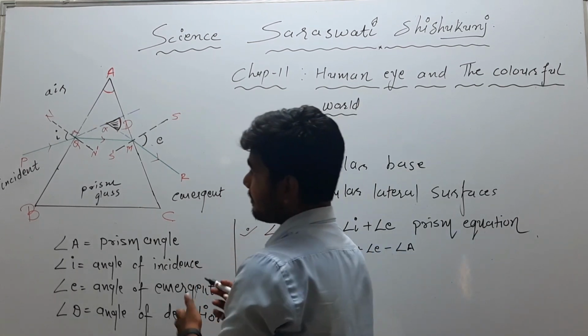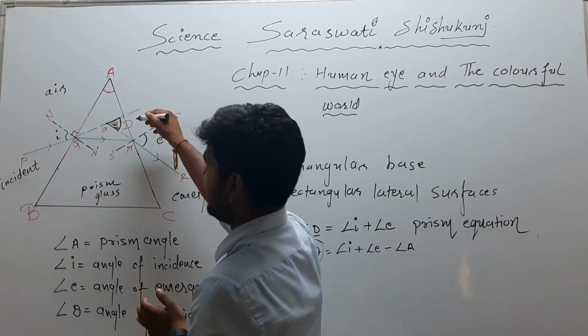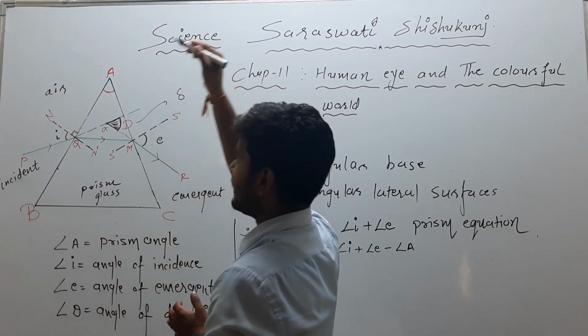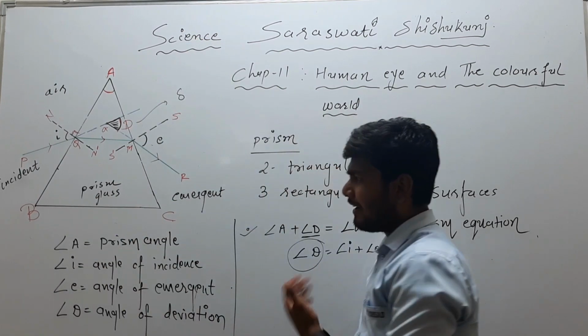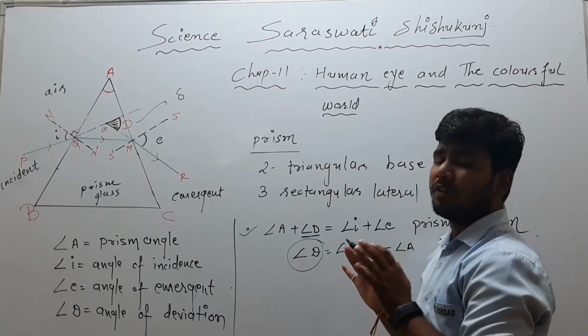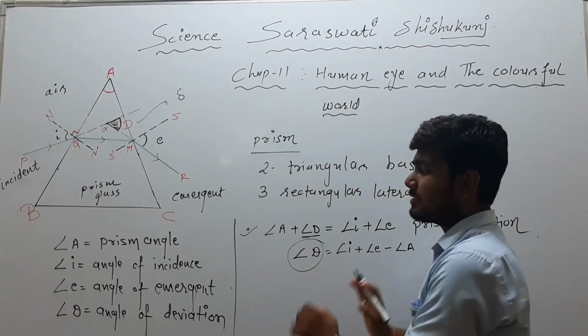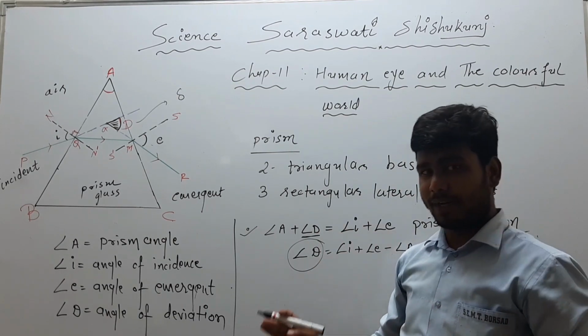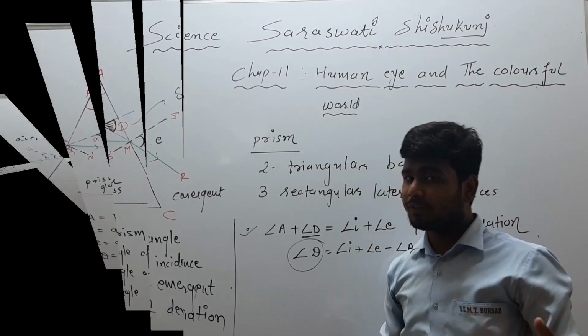Other terminologies are also there for these different angles; instead of D, sometimes delta is written. But that you will study in higher standards. Right now, for the concept of standard 10, we will take this as refraction due to glass prism, which can be asked to you in 3 marks.